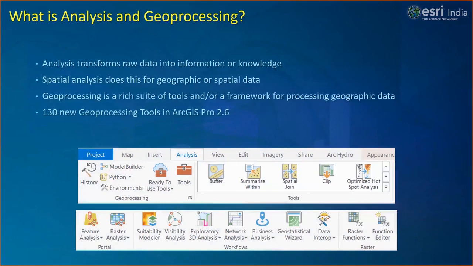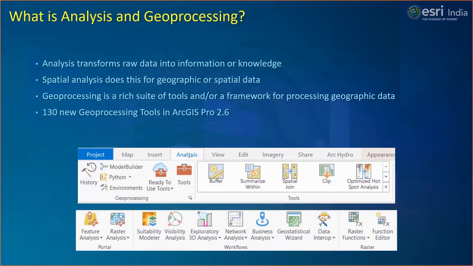To perform this spatial analysis, we need geoprocessing. Geoprocessing is a rich suite of tools and a framework for processing this geographic data. In ArcGIS Pro, we have over 1,500 geoprocessing tools. And with the new release, which is ArcGIS Pro 2.6, we have 130 new geoprocessing tools.